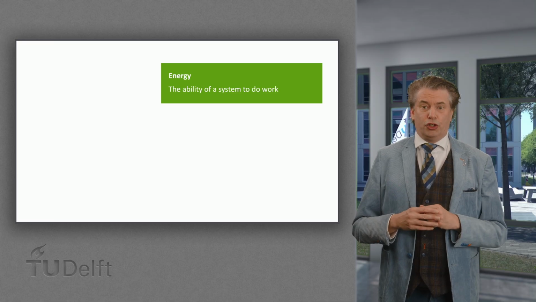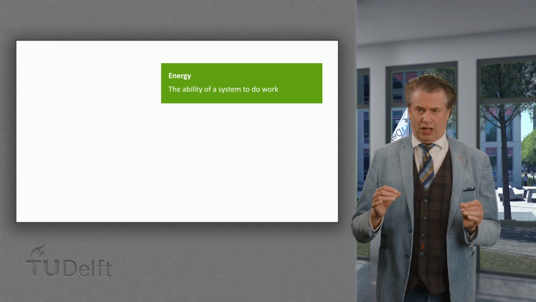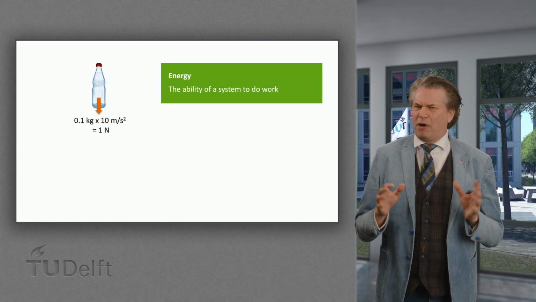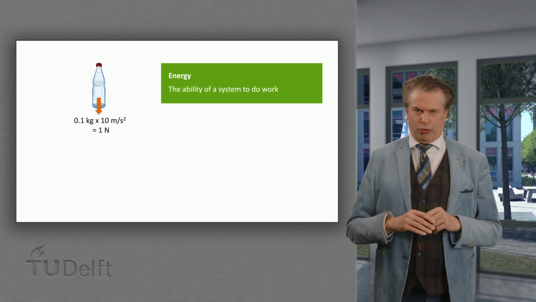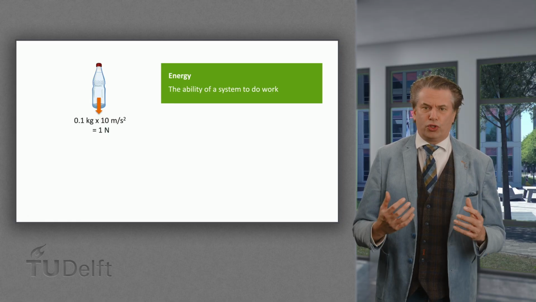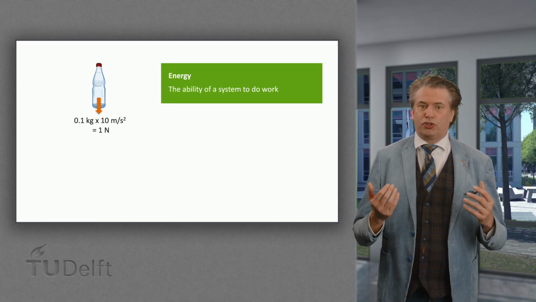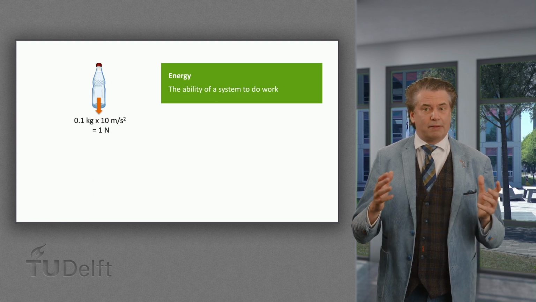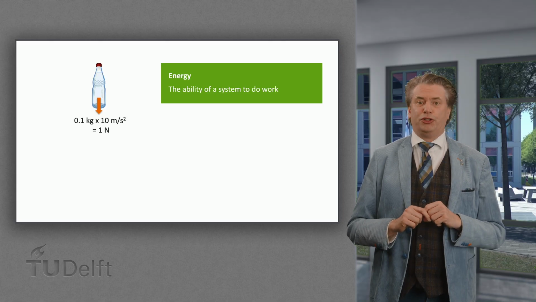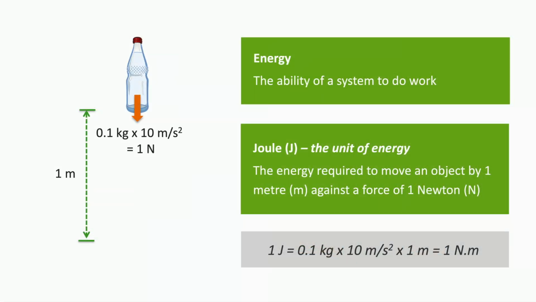The unit of energy, the joule, is related to mechanical energy. Let's consider this cup of water. This cup of water has a mass of about 100 grams or 0.1 kilogram. Here on planet Earth, this cup experiences a gravitational force which has the mass times the gravity constant of approximately 10 meters per second square. This results in a gravitational force of 1 Newton. Now I lift this cup up by 1 meter. The total energy needed for this is exactly 1 joule by definition, which is 1 meter multiplied by 1 Newton.